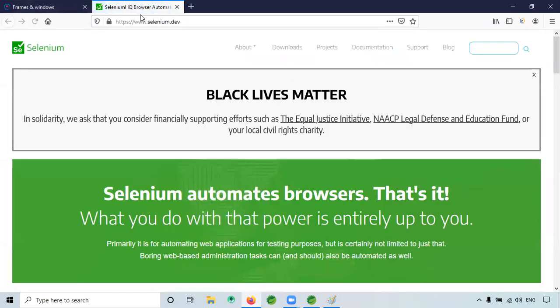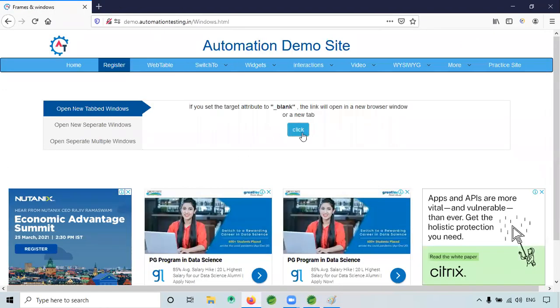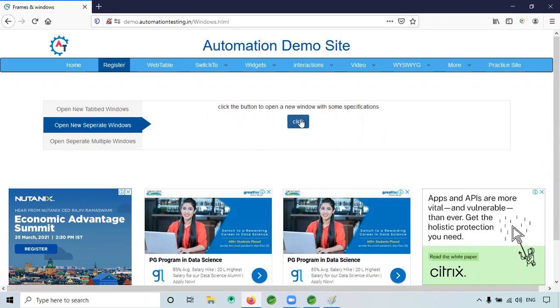No, we actually took the XPath of the click. So now first I need to click this, then I have to take this. Both, yes.